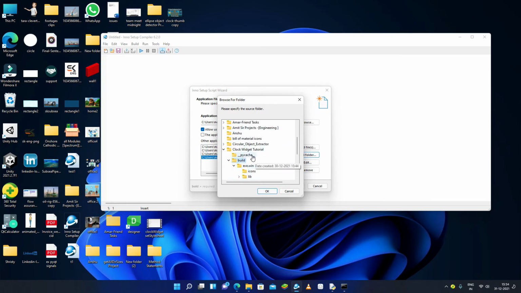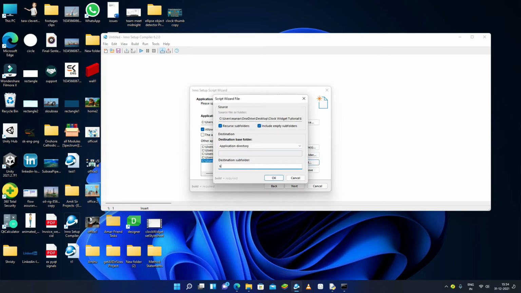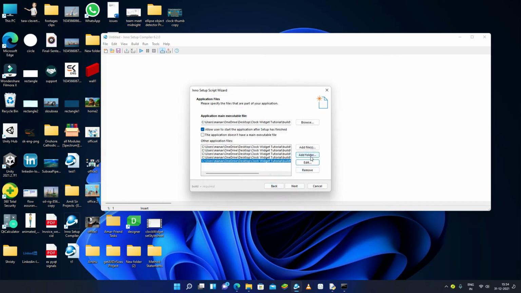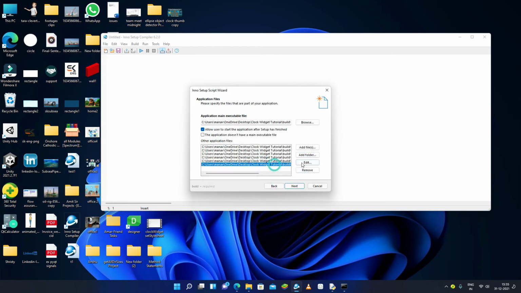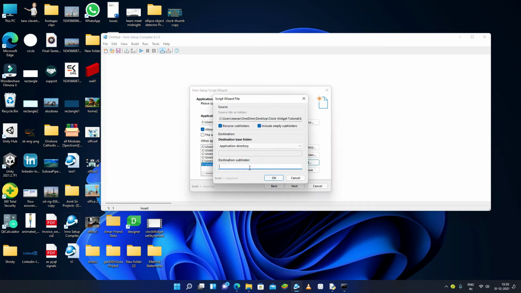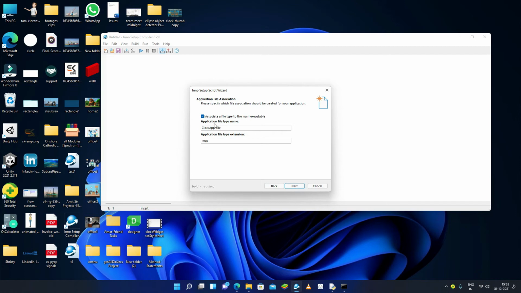So we can go here under build, under lib, and select, and we can edit this lib, and we can pass the subfolder as lib, and we can do the same for another one, and another one is test. This is not necessary, you can remove this PyQt5 Qt widget plugins. This is not necessary, you can remove it. So now test, and now select, edit, and it is what? Test. So I can pass the subfolder as test, and now click on next, and this is our file type and name.